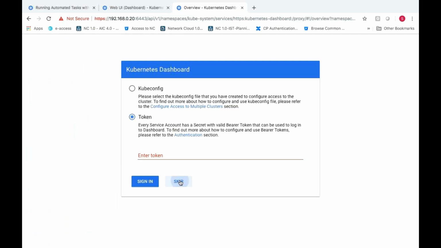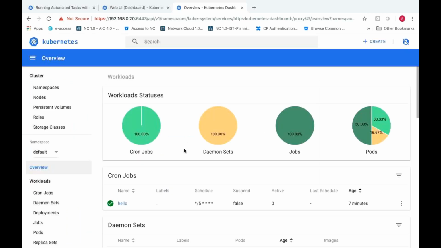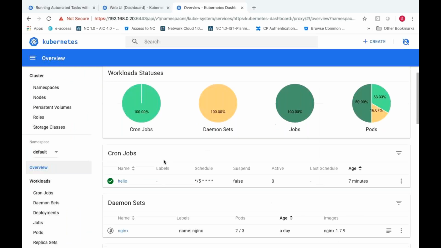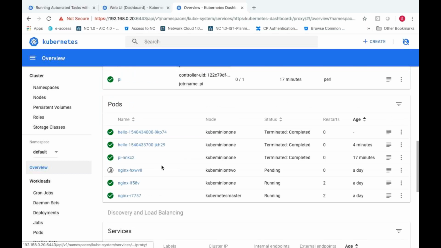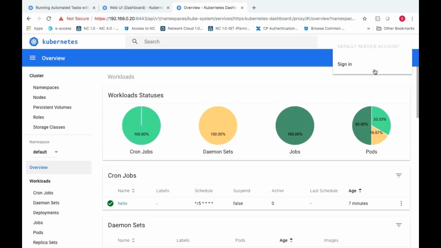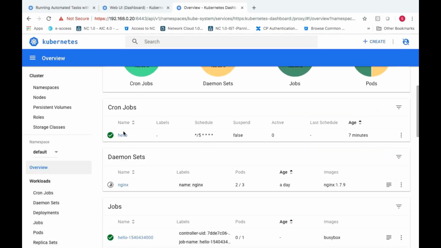Okay, so here you can see how many jobs I have created till now. These are the pods which are running. I've given the anonymous access, so I have logged in as anonymous. That is okay. In order to show the dashboard, you can see the cron job which we have created right now. These are the jobs at 100%, succeeded, like 3 pods which we have created, the daemon set, and the cron job. This is the cron job which we are using, and this is the daemon set which we have created, and these are the jobs which are running in the background.